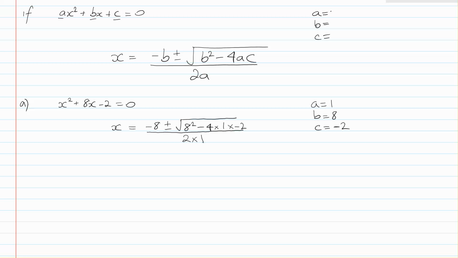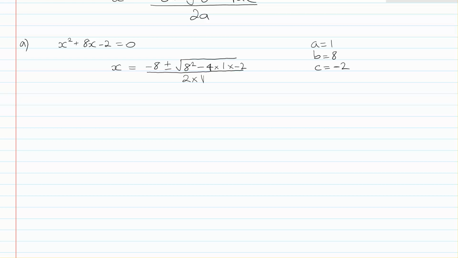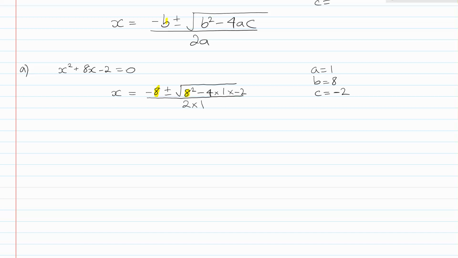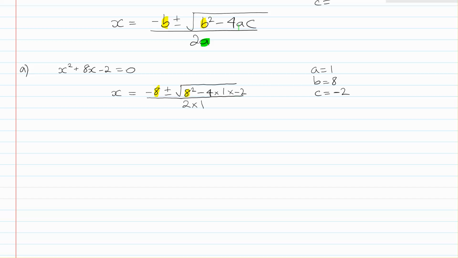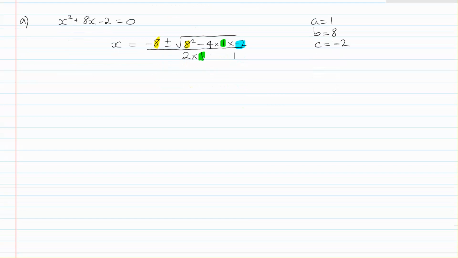Over 2 times 1. Okay, so my b's are here and here to match my b's up here and here. My a's are here and here to match my a's up the top. And my c is there, and I've done my substitution there. And now I just simplify this. At this stage, you could put this almost straight into your calculator. Negative 8 plus or minus the square root of 8 squared is 64, minus 4 times 1 is 4 times negative 2 is negative 8,